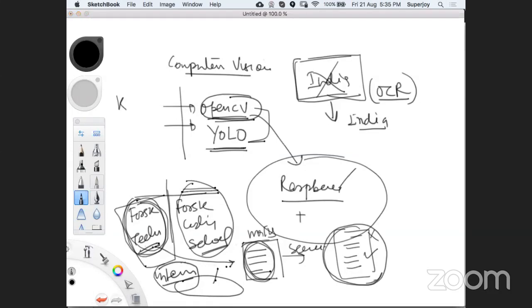No, Mohammed Faizan, for object detection, you don't have to create any data set. You can directly use OpenCV or YOLO kind of libraries. So guys, if you have any questions, I can answer that. Otherwise, we will